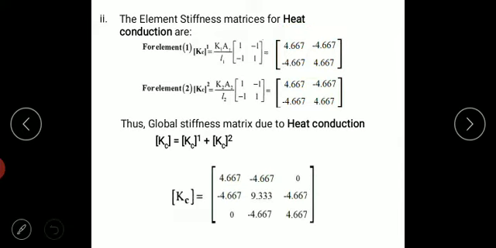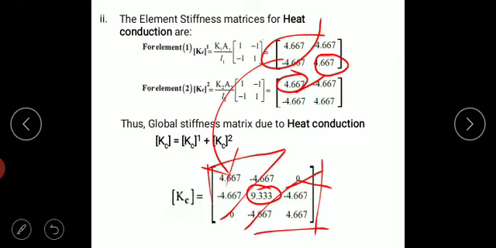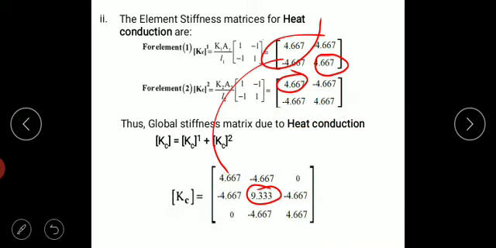If I add 4.667 and 4.667, I'll get 9.33, and the remaining terms come in the upper triangle and lower triangle, and the remaining entries are 0 and 0. This is the global stiffness matrix